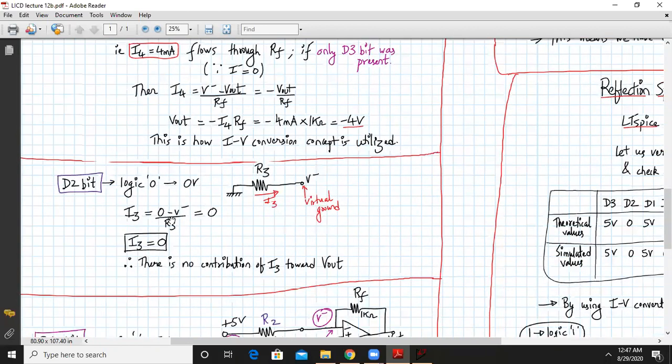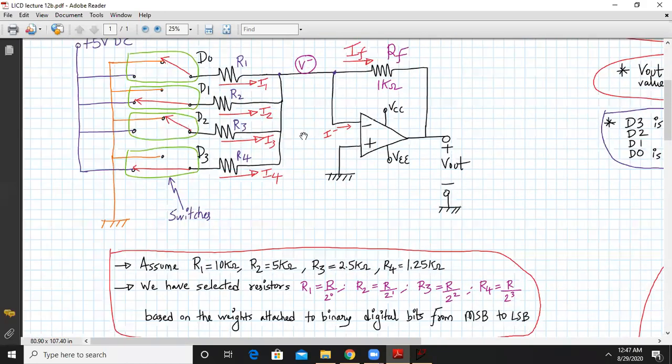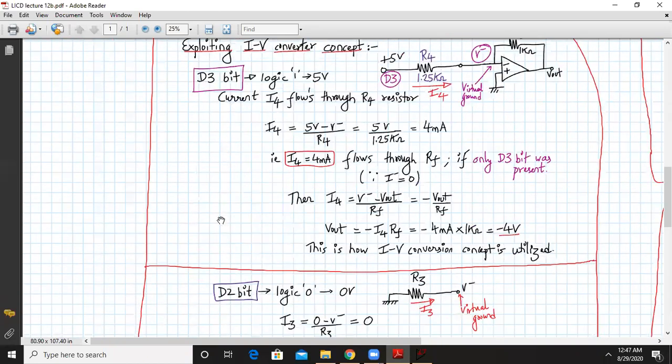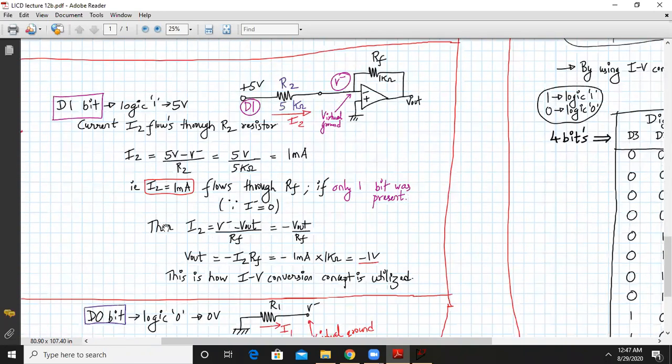Similarly for the D2 bit, we have it tied to the ground. Let us check. Yeah, the D2 bit is connected to the ground, so we can safely assume that the current flowing through, entering that, will also be 0 only. So there is no contribution of I3 towards V out. As we have seen for the D3 bit,